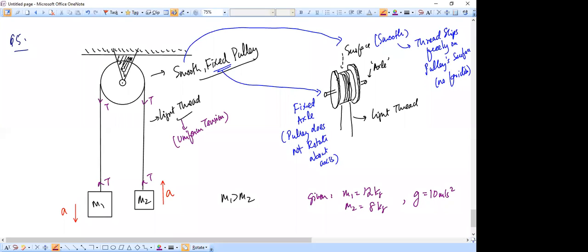So now I want to find out both the things, the acceleration as well as the tension. So first of all, make sure that you understand the meaning of this term, smooth and fixed pulley, because this will be very common not only right now for these questions, but in the early part of your class 11th. We'll look at various systems which have not only one, but a combination of fixed smooth pulleys.